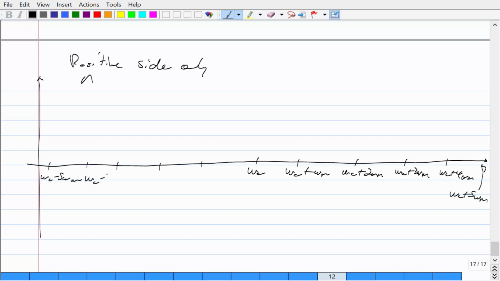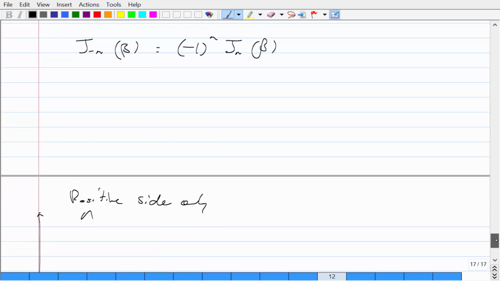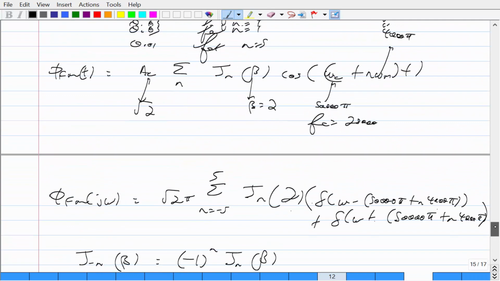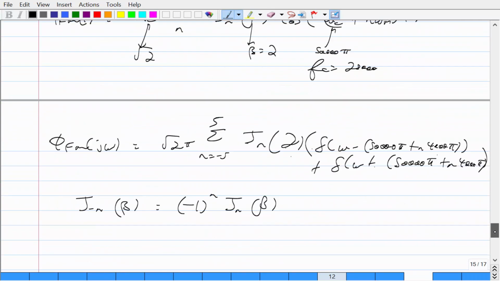This is omega c minus. This is omega c minus again. So this is 3, 2, and this is 1. All right? Okay, so we have different impulses here. So each amplitude, so each